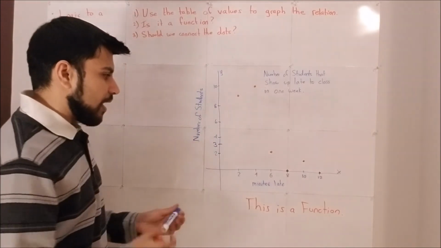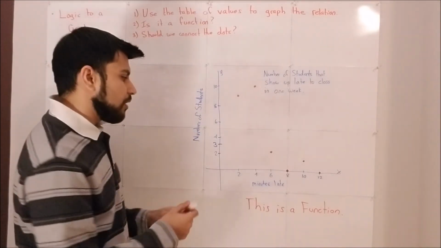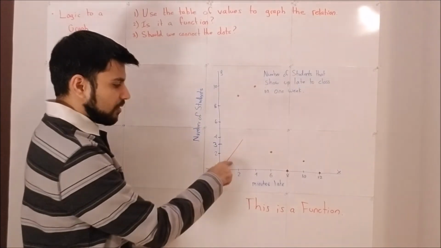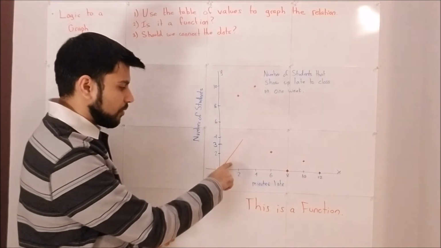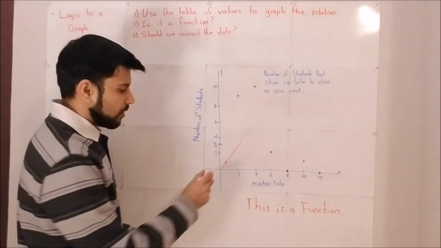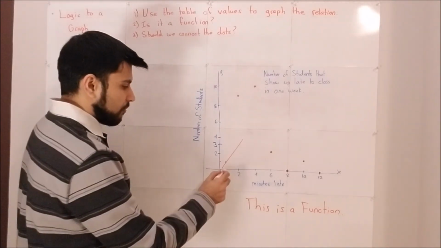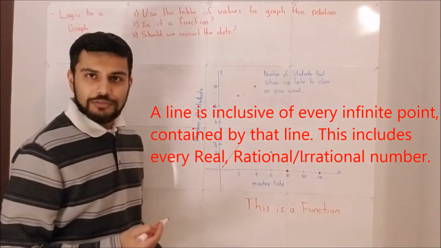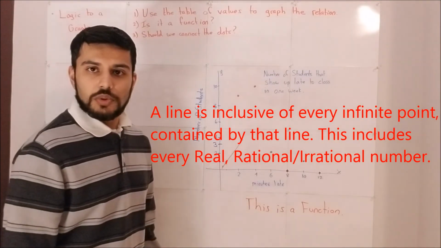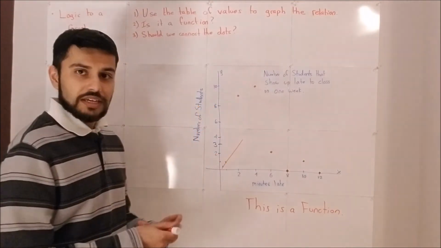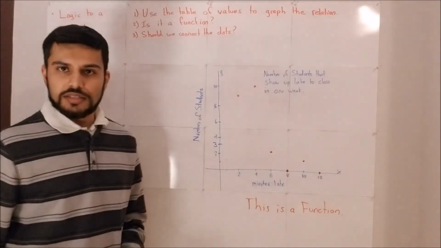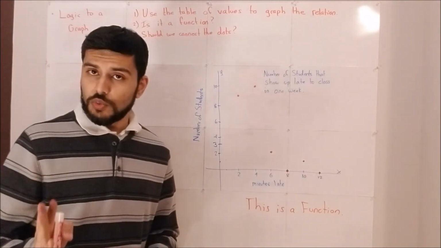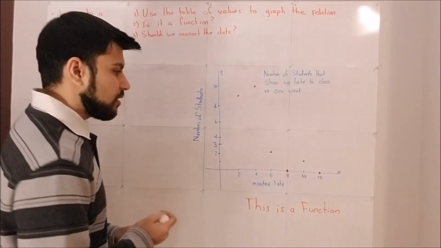So if I had a line, and I'm going to erase it in a second here. If I had a line that looked like this, the line is telling me that it's possible to have 1 student that was 1 minute late for class, but there was also half a student that was half a minute late for class. That doesn't make sense. You can't have that half student there. There's no such thing. Logic tells us in this case that no, we do not connect our dots. Sometimes you will, and you'll see it in your practice. But in this case here,